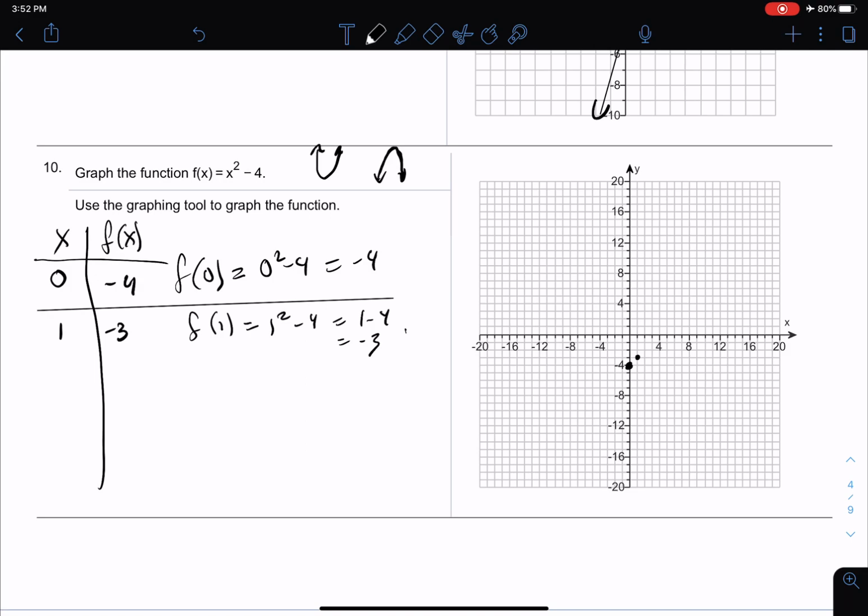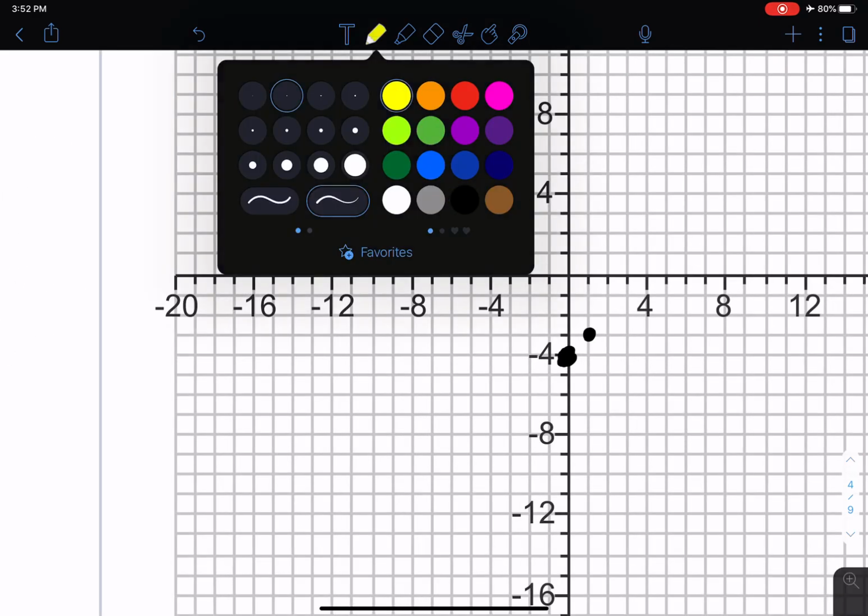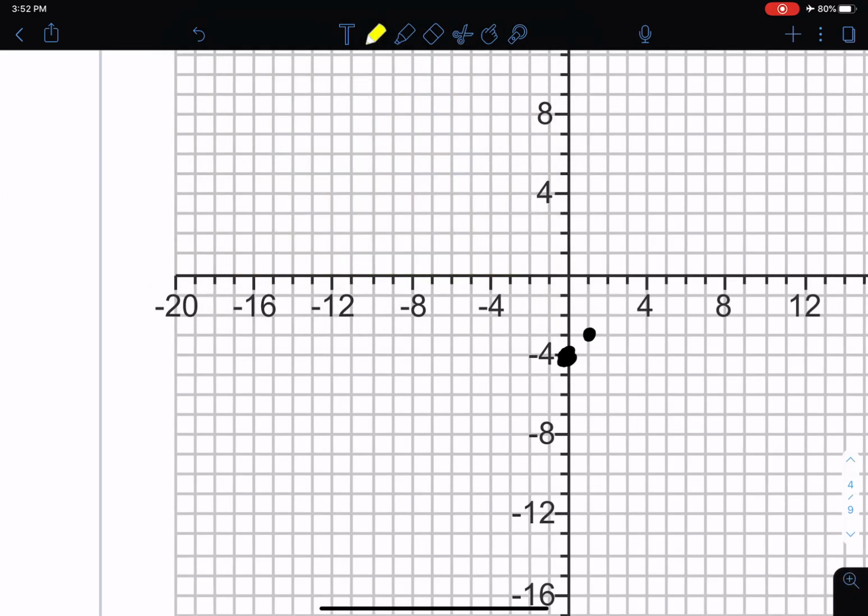Okay, why don't we pick something else? How about we pick something to the left? And right at this point, if I want to see if the line of symmetry is going right through this 0 comma 4, if I pick -1, and if I pick, let me just show you. If I pick -1 and it lands right there, yeah, that's perfectly symmetrical. And so I already know this is a parabola opening up, and